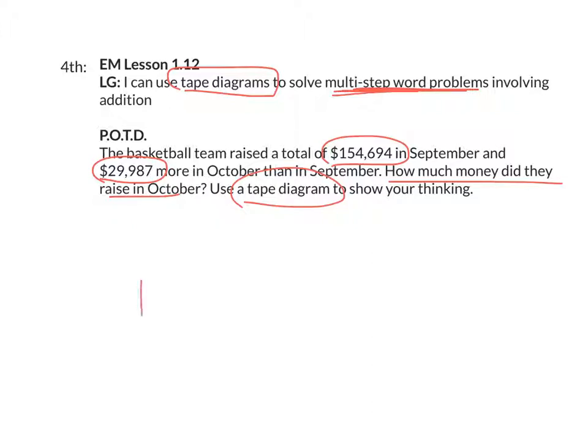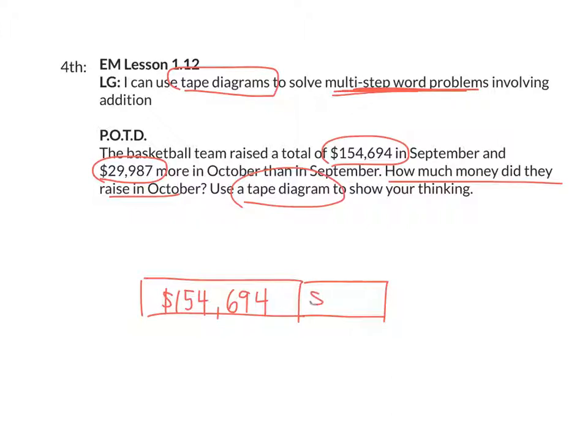We can show that in September, they earned $154,694. And then in October, they earned that much plus an additional $29,987. So all together in October, this is the amount that they raised, right? So when we add it, we just have to line up the place values. 154,694, and then we have